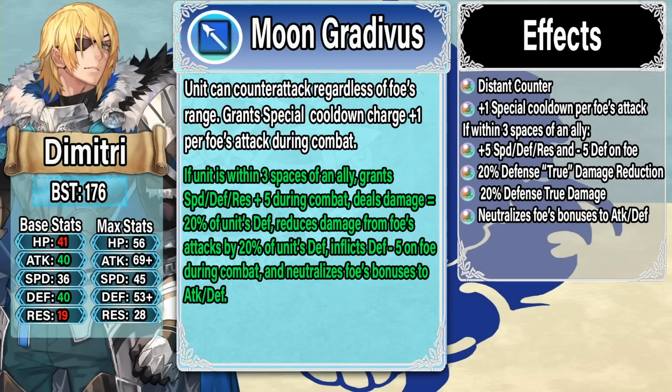Now, when it comes to the meta, is this going to make Dimitri like the most meta unit? Probably not. This isn't like a Brave Hector level refine, right? Like you're not going to see Brave Dimitri in every single game mode dominating, but it does make him a lot better and definitely usable. A max investment Brave Dimitri could definitely show up in some game modes,